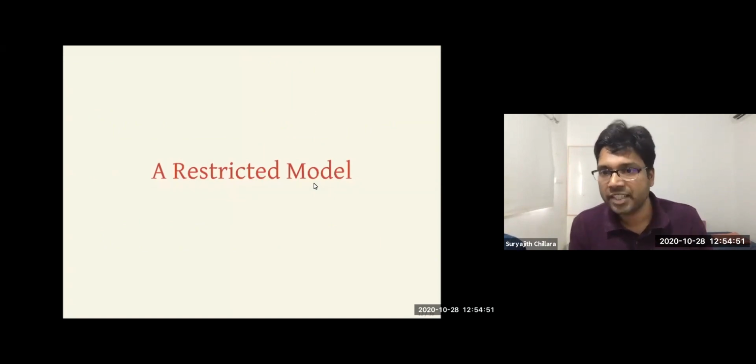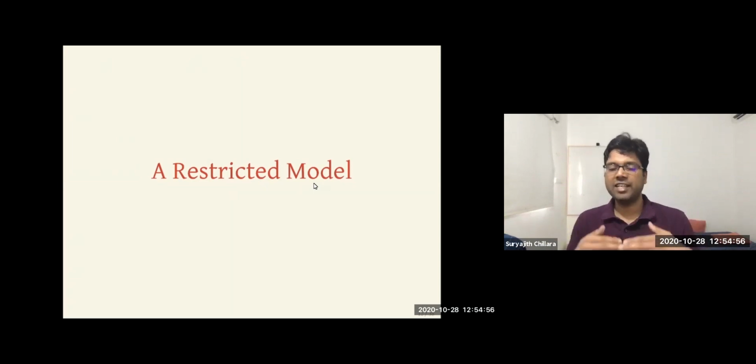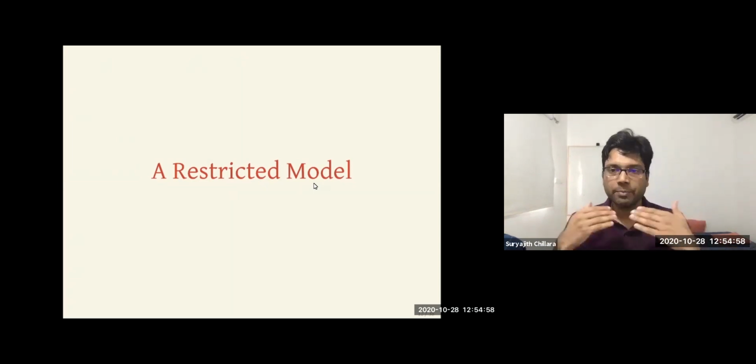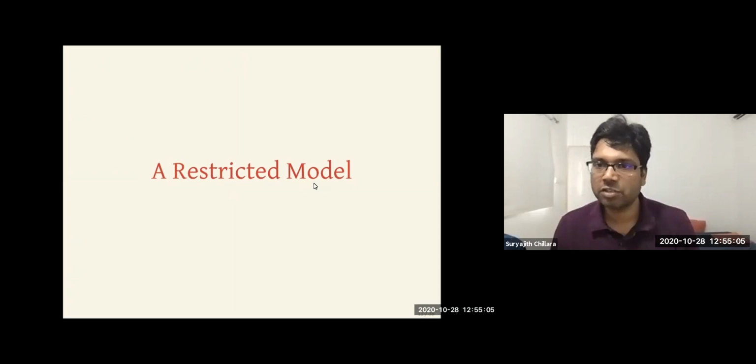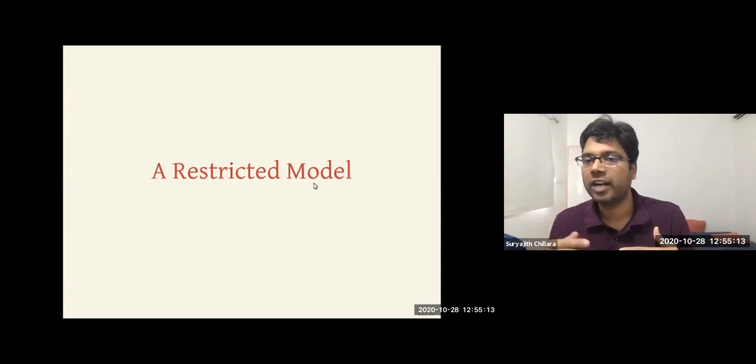In this talk, I'm going to talk about one particular restriction where there is a bound on the individual degree of the polynomials computed. Previously I said we want to compute polynomials by taking advantage of cancellations. Suppose I want to compute a multilinear polynomial, and I would like to take advantage of cancellations. That means I could intermediately compute terms of higher degree. Probably I could compute a multi-quadratic polynomial, with individual degree 2 terms, and then cancel at the output. So I could take advantage of this in the algebraic setting.